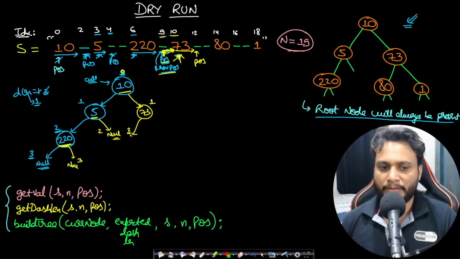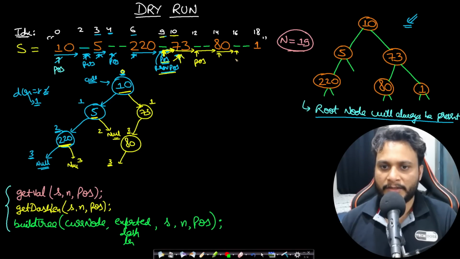In this case, the number of dashes expected are 2. So how many dashes you have? 2 dashes. Okay, fine. Then you can make the new node. You extract the value 80. You put the value 80 here, right? And you are done. Now you will be trying to make the next call, and the number of dashes expected